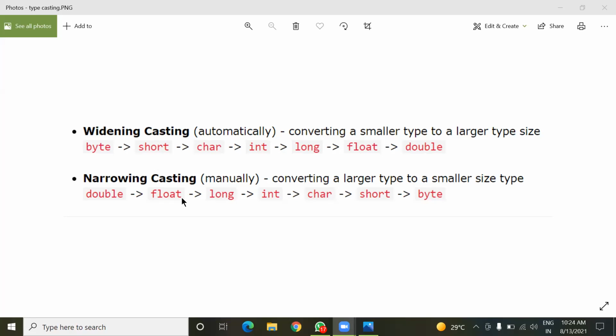So double has 8 bytes, and float has 4 bytes. Means there is data stored inside a double type, it is consuming a total of 8 bytes of space, and now we are trying to store that same thing inside float. Float means it is of 4 byte size. Means here we are trying to store 8 byte space into 4 byte.